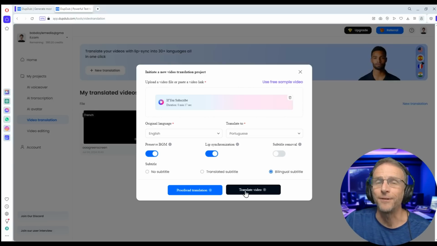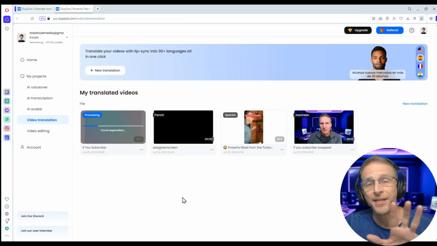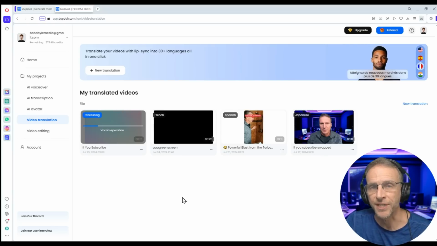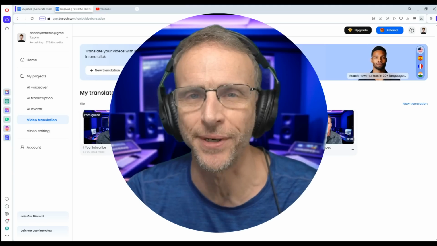and click on Translate Video. You can see the first thing it's doing is separating the vocal from the background music that was there so it can preserve it. Then it will do the translation and then put it right back on top of that music that was originally there. So as you can see, there's a huge range of tools there,